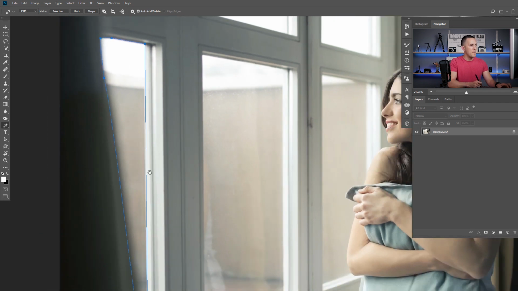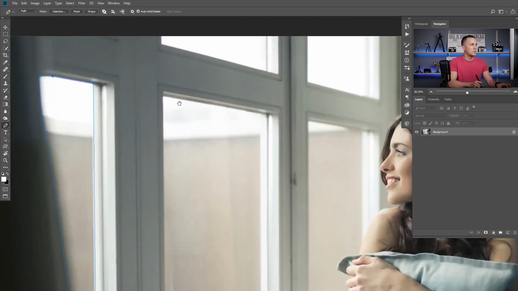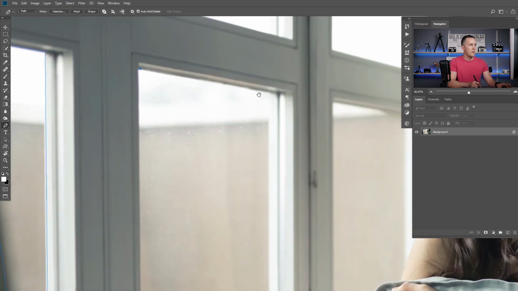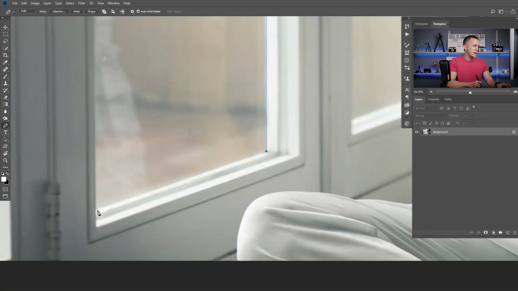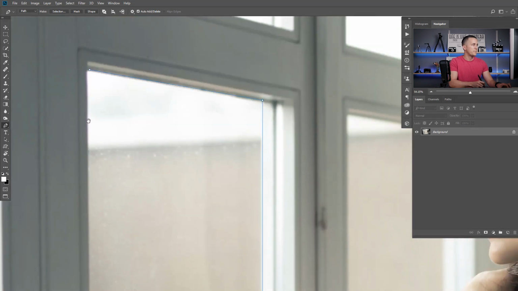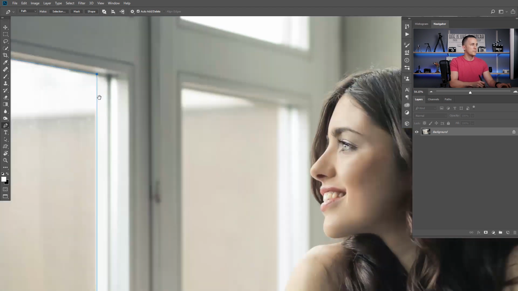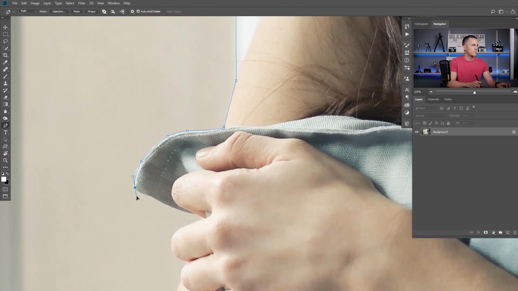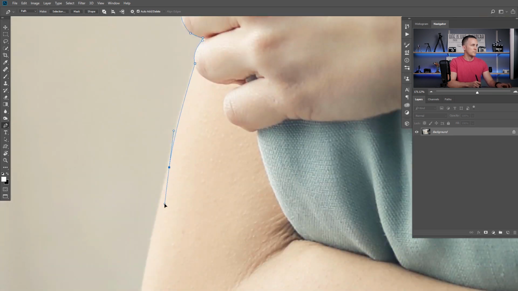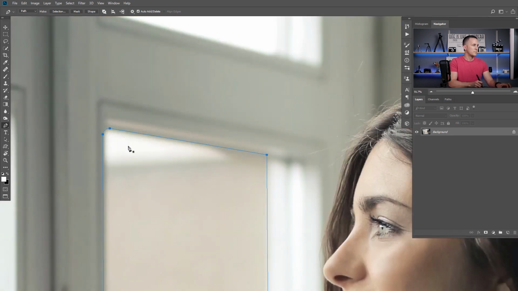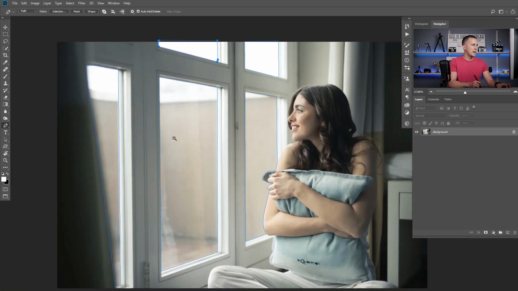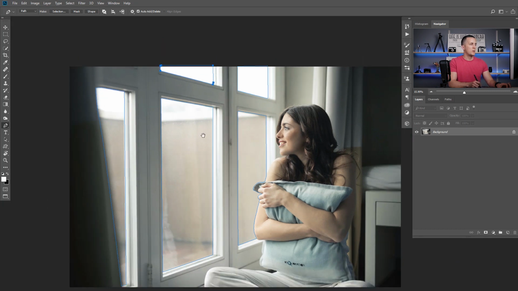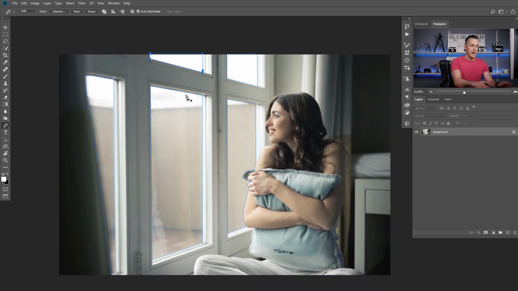Okay, now that I made a full path, close the path, I will go to another window and I will just go all around. So I will now fast forward because I don't want you to waste your time watching me a few minutes doing this. And I will come back really quickly. So this is the procedure, just select all the windows. Alright guys, now that I have selected all windows, right, I will just press Ctrl or Command and Enter to